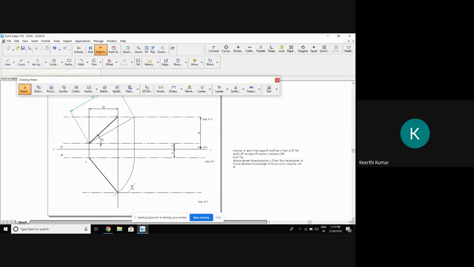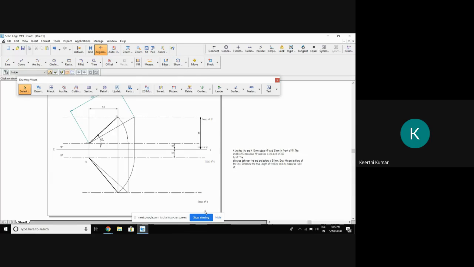The other method is the arc by center point method. Keeping this as a center, the end of the true line, cut an arc. Then select the line, draw the vertical line. You connect from this end to this end. Check out. You measure. This will be exactly 89.999. If you go for 2 decimals, I'll show you. Here I've taken 3 decimals, so it is showing 89.9999. So it assumes that it is 90. And trim this.